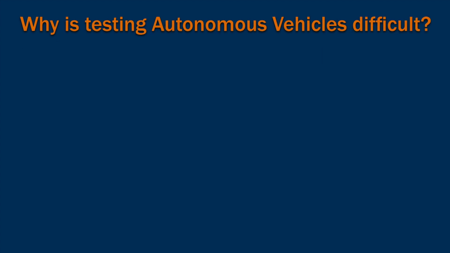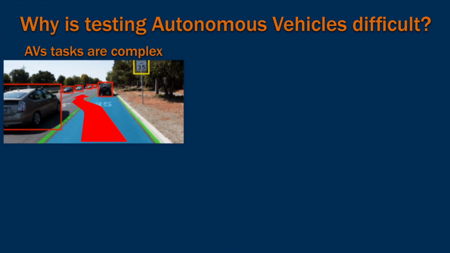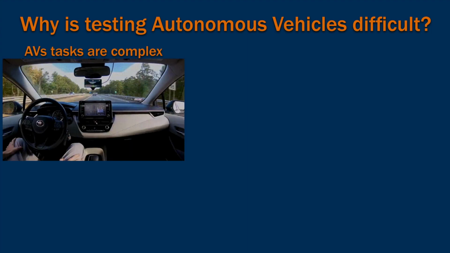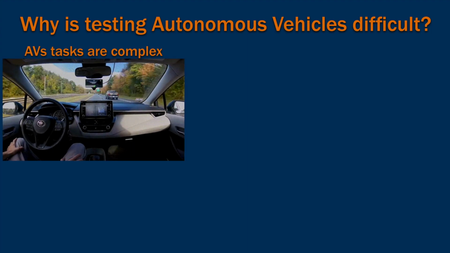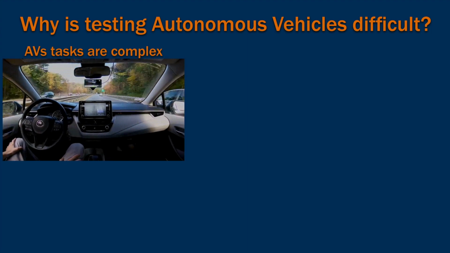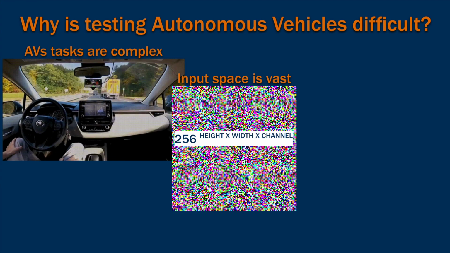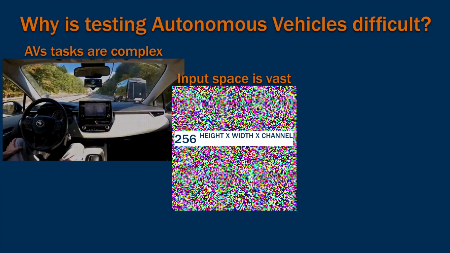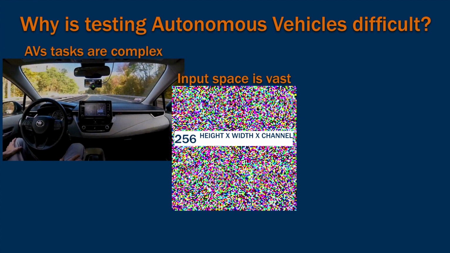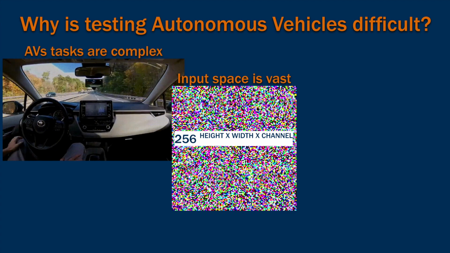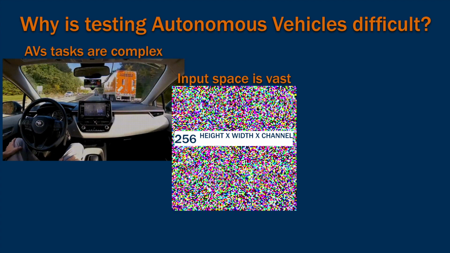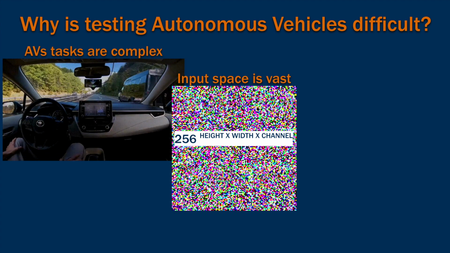Now, what is it about these systems that makes testing so difficult? Well, the tasks involved in successful autonomous driving are complex, not just sensing aspects of the driving environment, but trajectory prediction for itself and other traffic vehicles. The AV must then actuate those tasks, many of which are safety critical. Moreover, the input space for a single sensor onboard the AV is large, and the input space for all sensors is combinatorially larger.